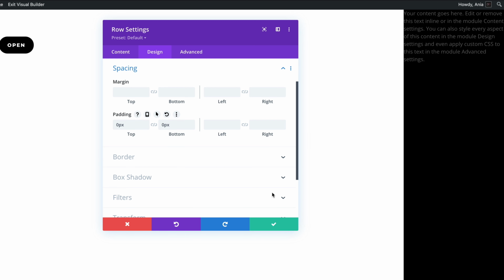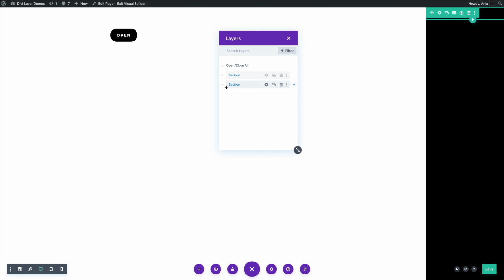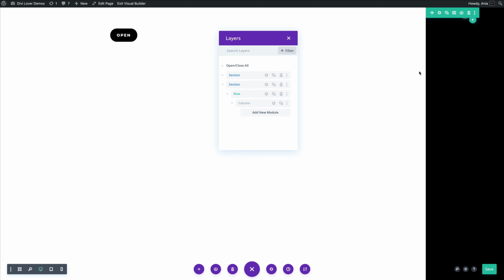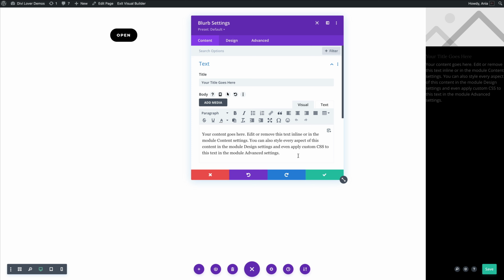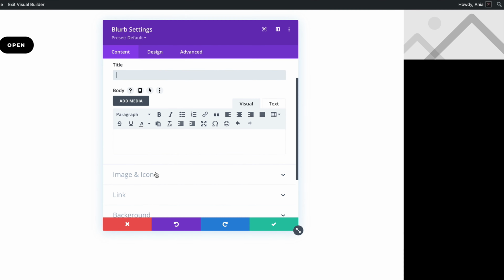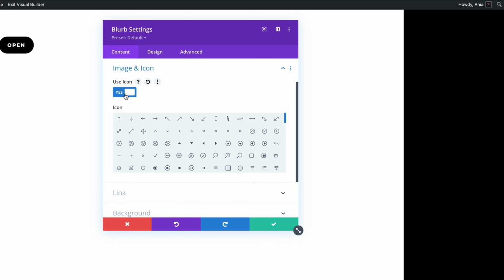Okay, and instead of the text module, let's open up the layers panel, I will add not a column, add a blurb module. Okay, we are not going to use any content here, we only want an icon, so use an icon. Locate our X, and now the